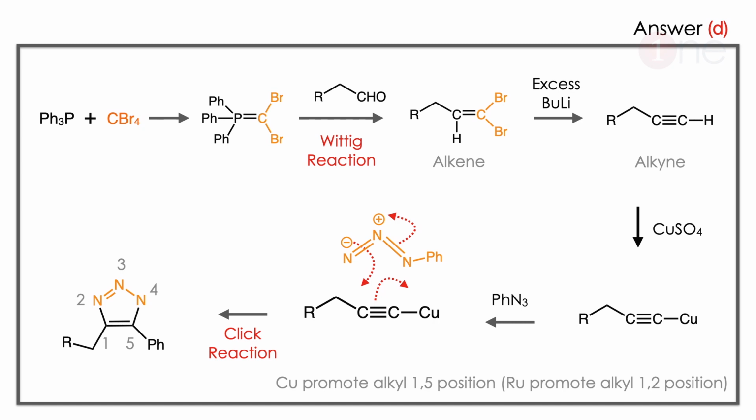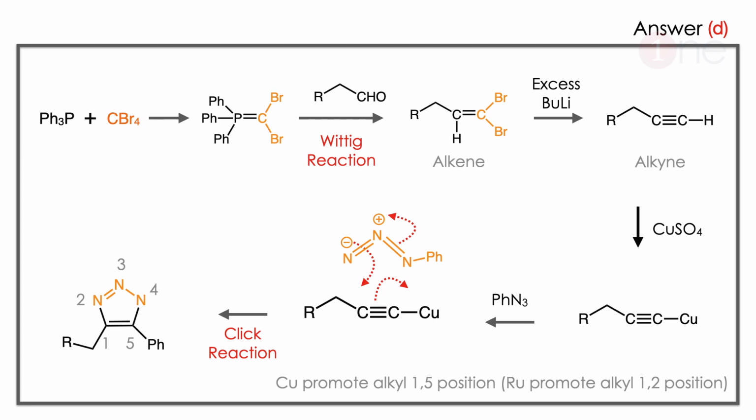So this reaction is technically called click chemistry. Without any force, this reaction will be favored. Since azide is very much unstable, this reaction is very much favorable there. Here the copper and the cyclic nitrogen, then the azide nitrogen, so which will be favored? The nitrogen attacks there and the double bond moves. Finally the cyclic product. Here why is the 1,5 position favored? Because the copper promotes the 1,5 position, which is very stable.